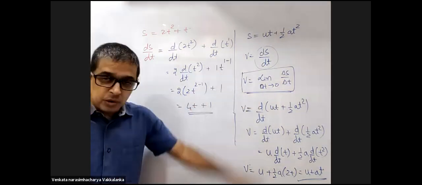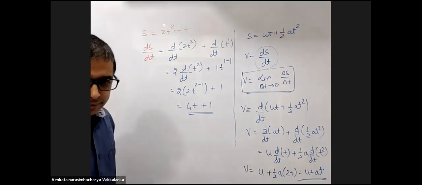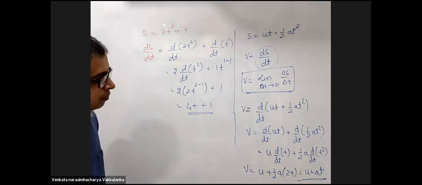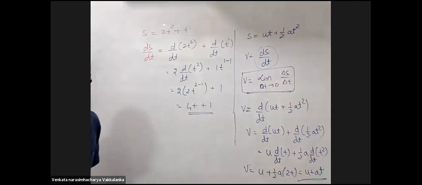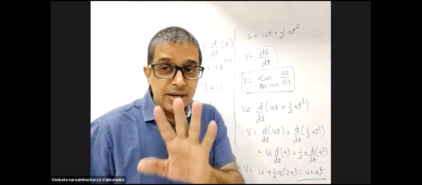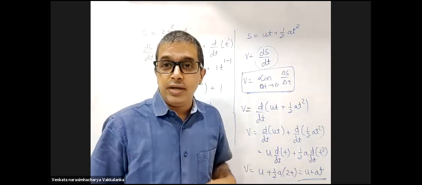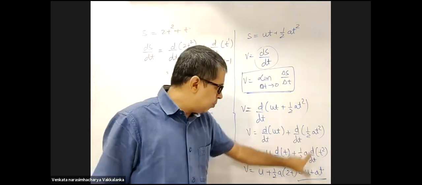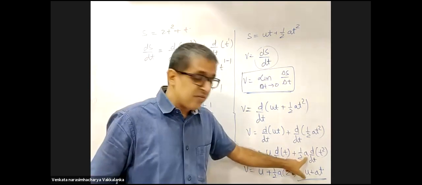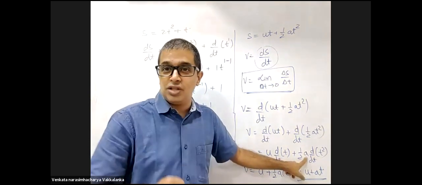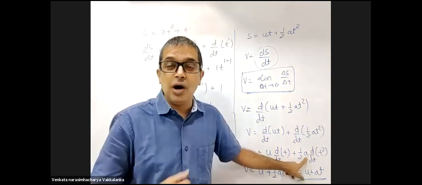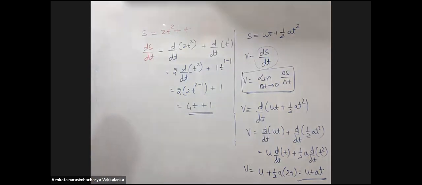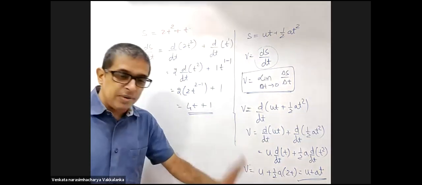We will practice a few more polynomials. Take it down till here. Sir, so v equal to u plus at is instantaneous velocity. Yes, at time t equal to t, it gives you the instantaneous velocity. Provided acceleration is constant. Why? Because we took acceleration out of the differential. Half a you got out of the differential because it was a constant. If it is not a constant, you cannot bring it out. It is applicable for uniform acceleration only.